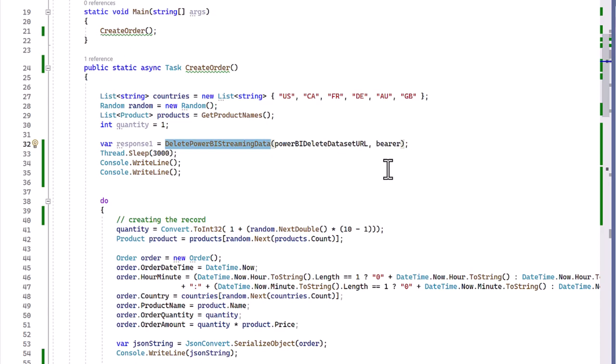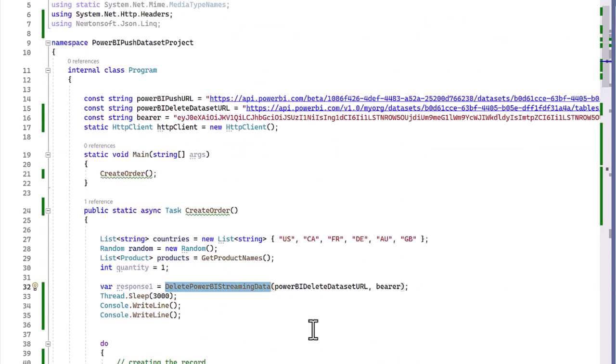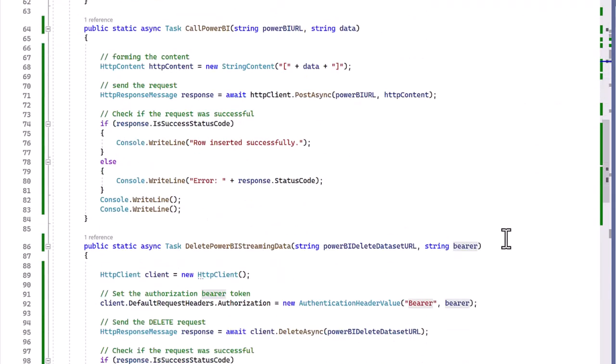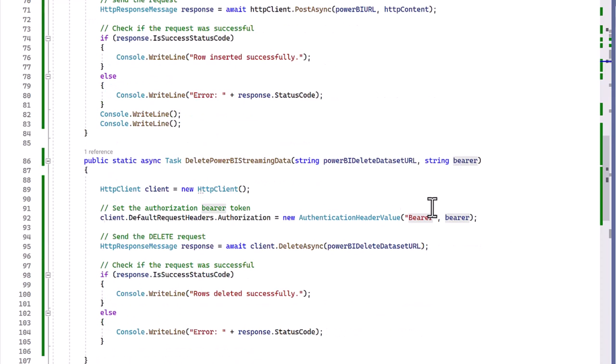Okay, so my duty is to run this console application somewhere around 6 o'clock in the morning. Okay, so it will delete all the records available in my streaming or push data set. Okay, because that's what I do as the first part. I delete my records. So when I call this method, I pass my delete URL with the token. Let me scroll down and show you the method. Okay, so all I do is basically